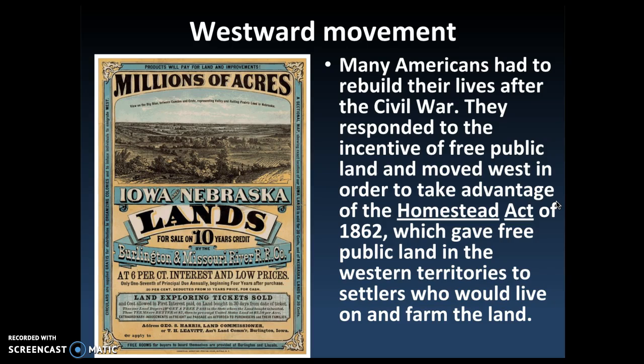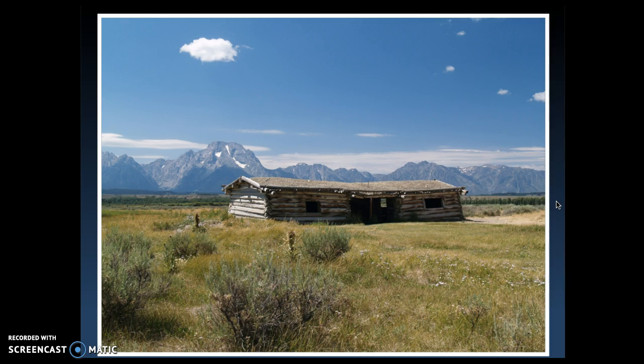And they were out there because our government encouraged them to go. During the Civil War, Abraham Lincoln actually created a law called the Homestead Act, which encouraged individuals to move west by giving them free public land. The requirement was that they had to stay there for a certain amount of time, roughly about 5 years. They had to establish it and create a housing settlement there. But once they did that, the land itself was free. The United States had so much of it that they were really trying to push people to settle out there and settle in these different regions.